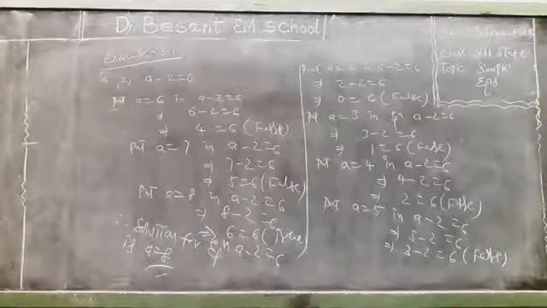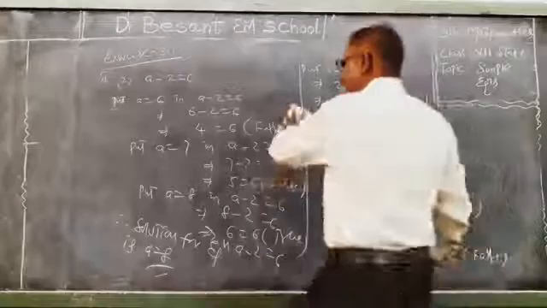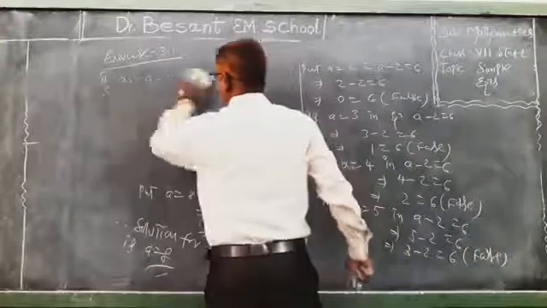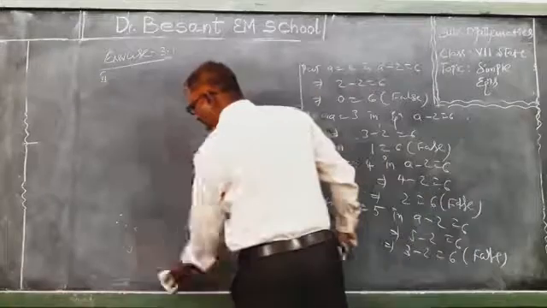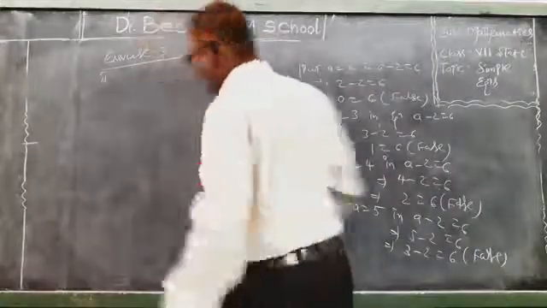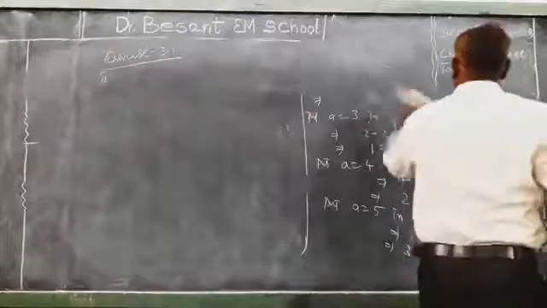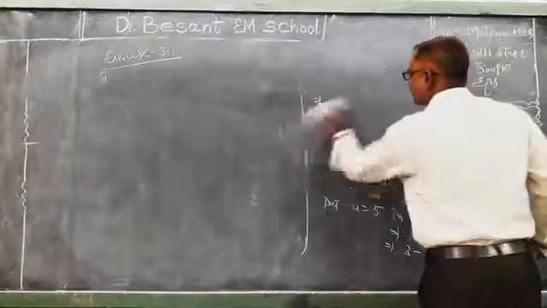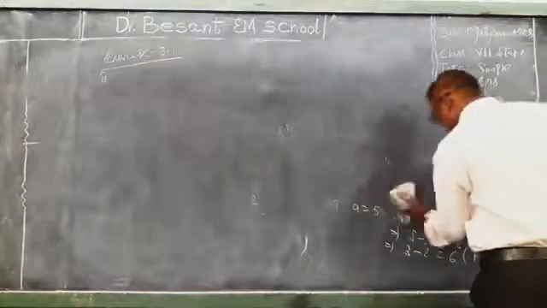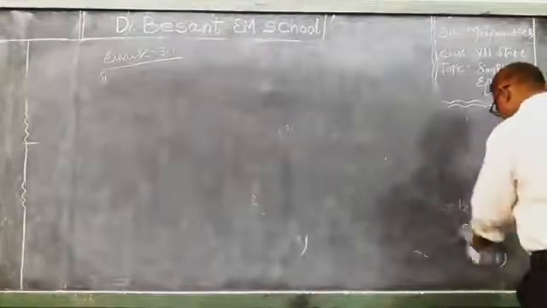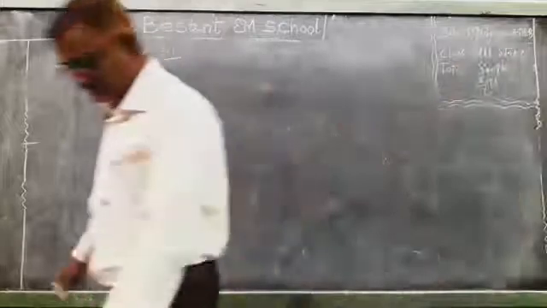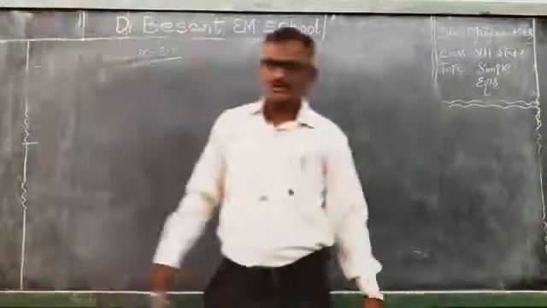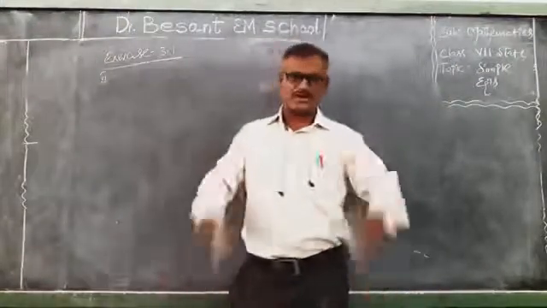I hope that you have understood this problem, how we solve by the trial and error method. Out of 4 problems in the first Roman, I explained 2 problems by the trial and error method. I hope that you can do the other problems also in the same procedure. Children, can you do the other 2 sums in the same style? Yes, I hope that you can do.